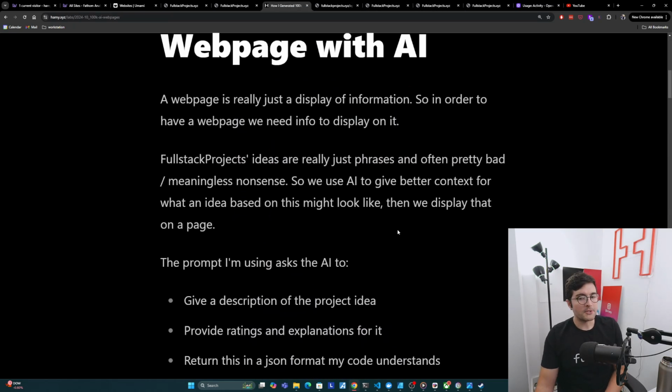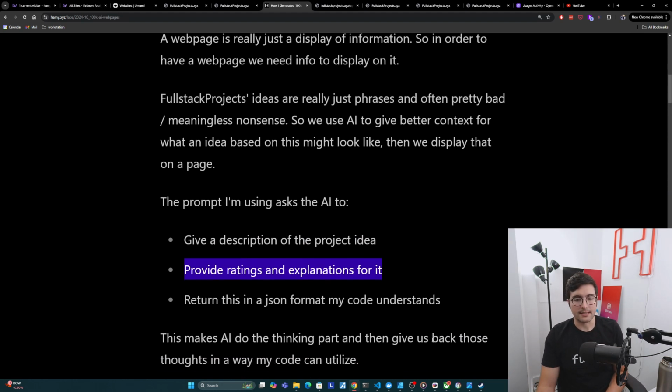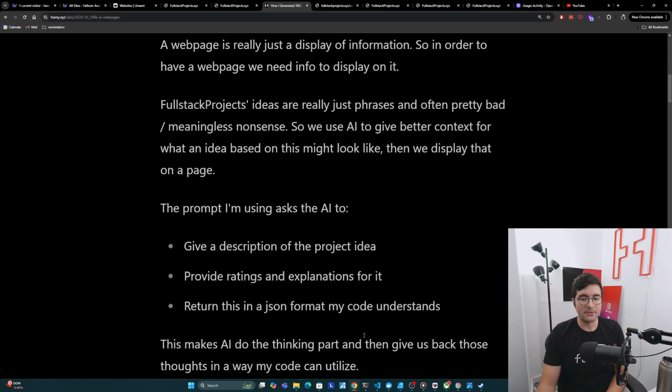And so the prompt that I'm using asks AI to basically do these things. It says, hey, give a description of the project idea, provide some ratings and explanations for why you believe that, and then return this in a JSON format so my code understands. And this basically makes AI do the thinking part of this and then gives us back those thoughts in a way that my code can utilize. My code is pretty dumb. It can't do this kind of free form stuff. And so it needs it in a form, usually JSON or something like that, that it can actually read